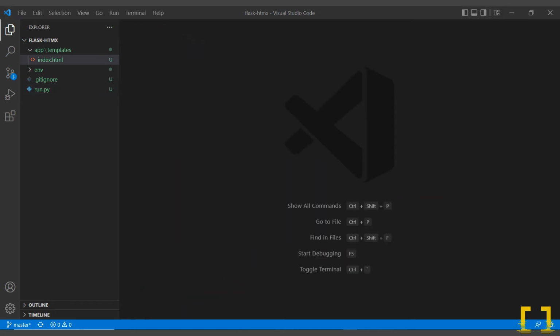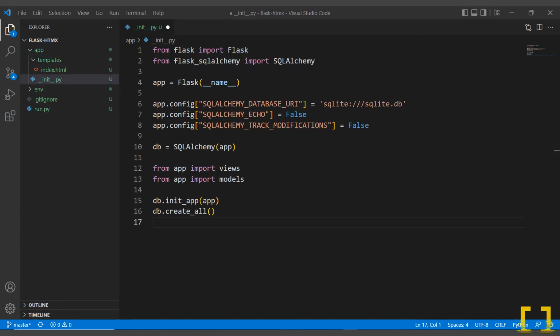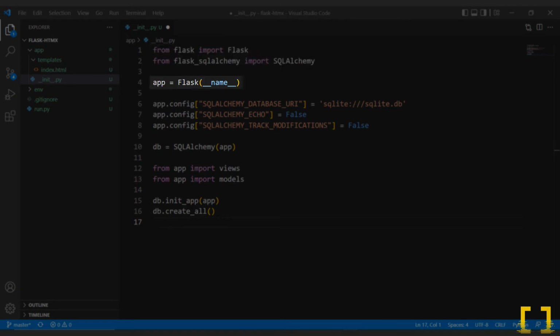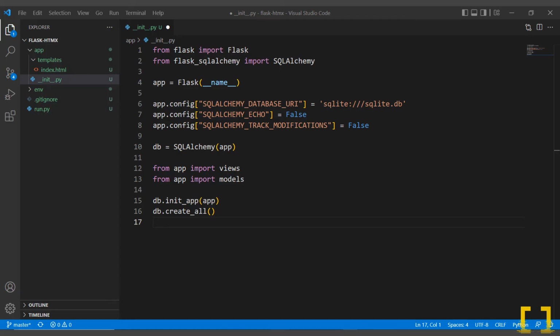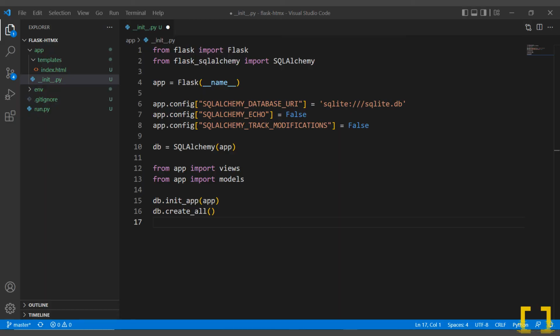We then need to create an init file in the app folder. Then paste in the following code. We have our imports here, and here we declare our app object using the Flask package we installed earlier. We will be using a SQLite database, which we configure using the app.config lines. We will use SQLAlchemy to declare the database object we'll interact with. SQLAlchemy allows us to read and write to the database using object notation, which is more familiar than raw